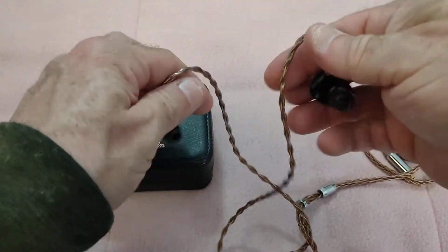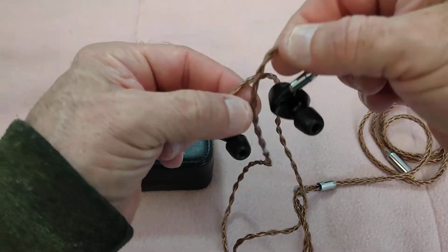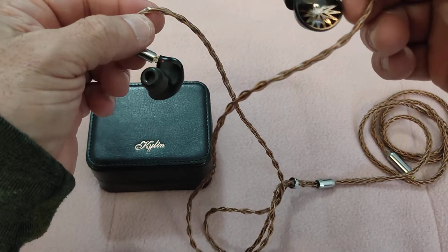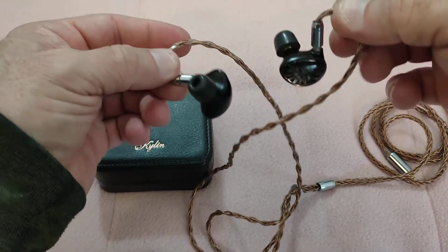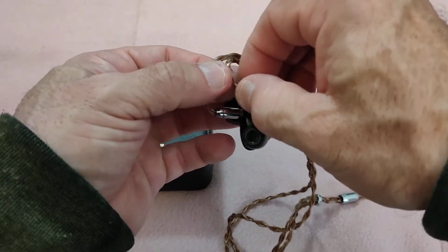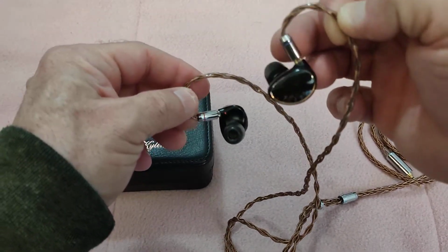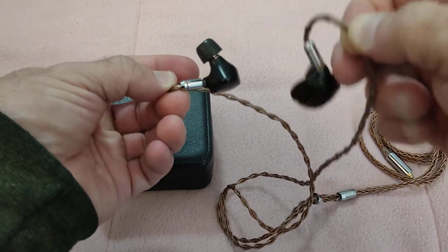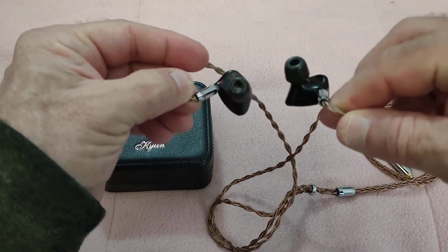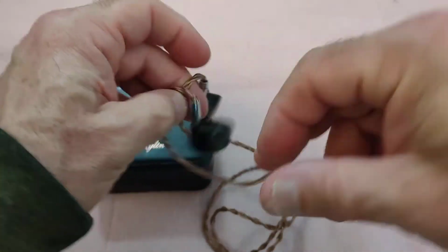Not very heavy, although they're all metal and so on. I'm not using the standard cable because it's a little bit of a thin cable. I'm actually using an XINHS cable, which married very nicely with the IEM because of its color, and the reflexes on the faceplate are also kind of goldish brown. So it comes out very nicely. You will notice that I am using a foam tip, and this now brings me to what I will be